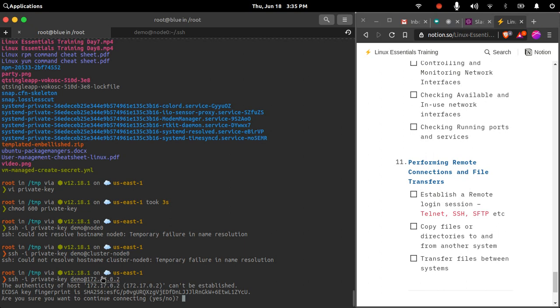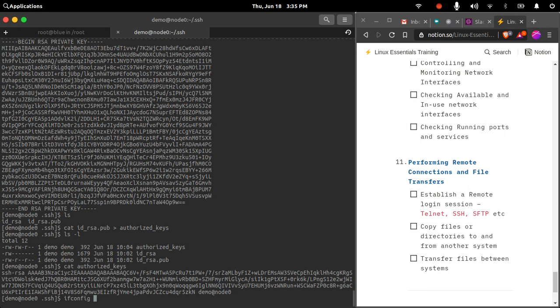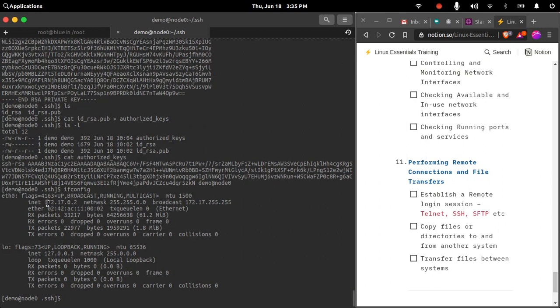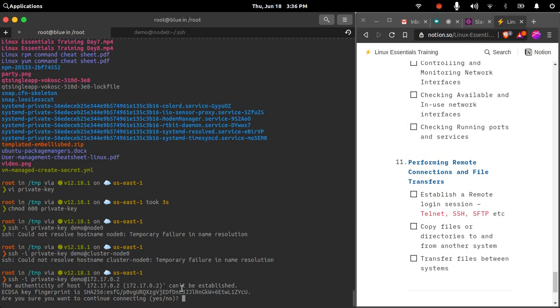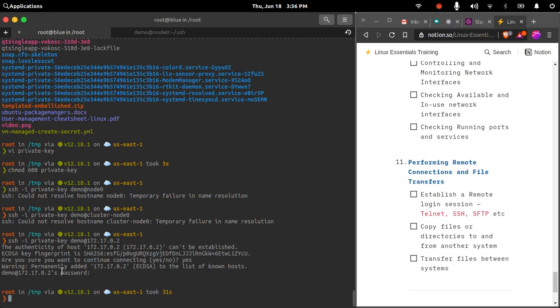But if I provide the IP address of this Docker container directly, I have used the ifconfig command to check the IP address. So this is the IP address assigned to my container. If I provide the IP address directly, it will ask me for confirmation, and this is the file I am using for connecting to that instance.